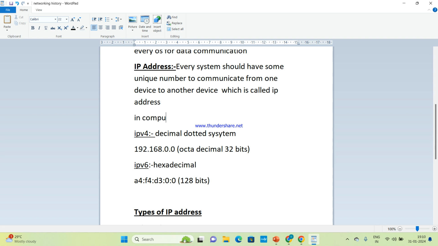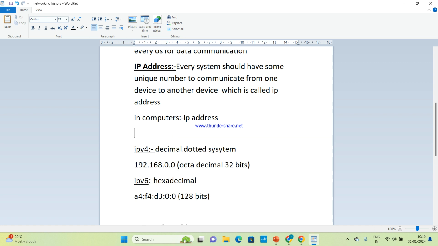In computers it is the IP address, and in phones it is known as mobile numbers. Clear? What is an IP address?